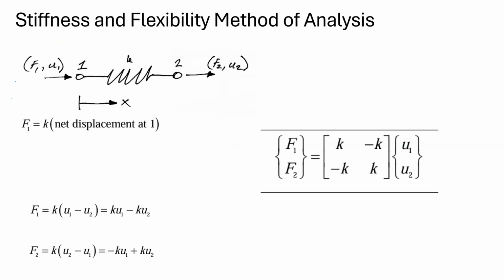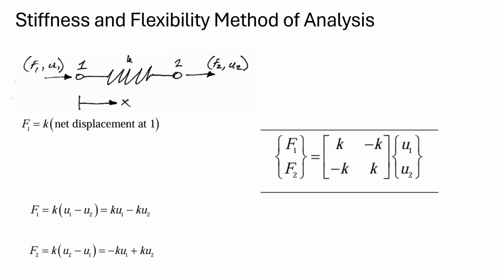The next methods are the stiffness method and the flexibility method. These are all derived from the slope deflection method. Slope deflection method is the originating method for the stiffness and flexibility methods. What is stiffness? Again, I am telling: stiffness is the force to produce unit displacement, and flexibility is the displacement produced by unit force. So F is equal to K into delta.